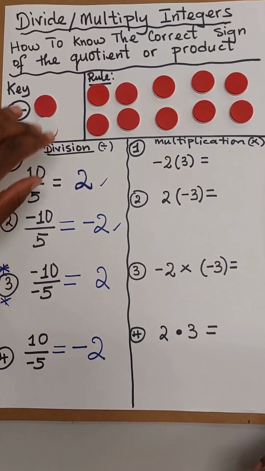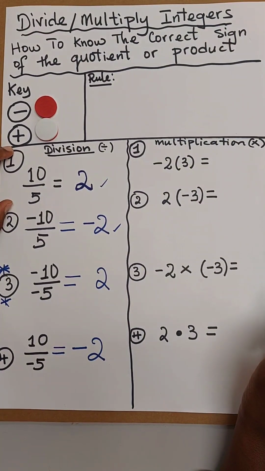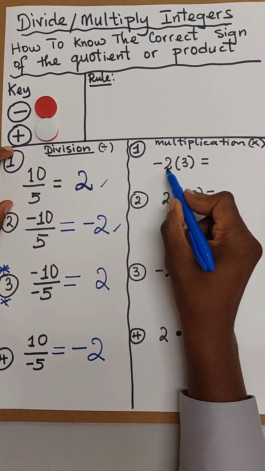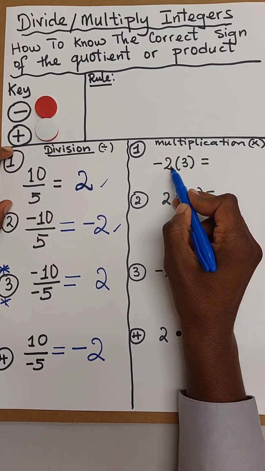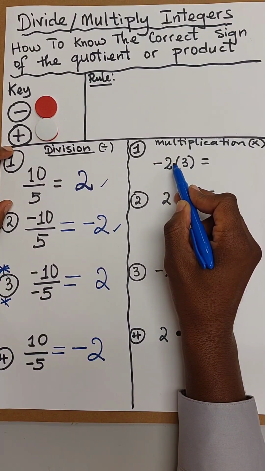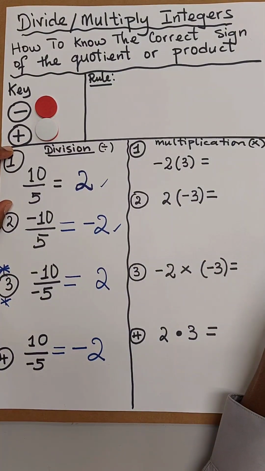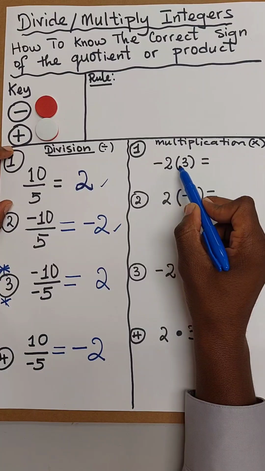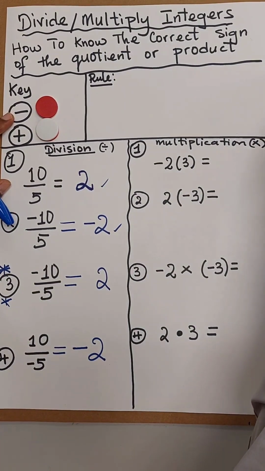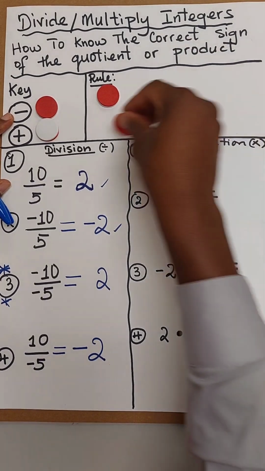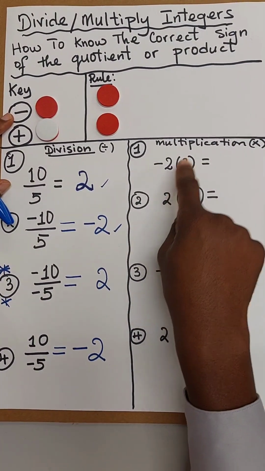Okay, let's go to multiplication. The first problem says negative 2 times 3. When you see parentheses with a number in front of the parentheses and there is no plus or minus sign between the parentheses and this number, it means multiply. So negative 2 times 3. Our negative chips are red, so we need 2 red chips. Multiplying makes numbers bigger, so times 3 means